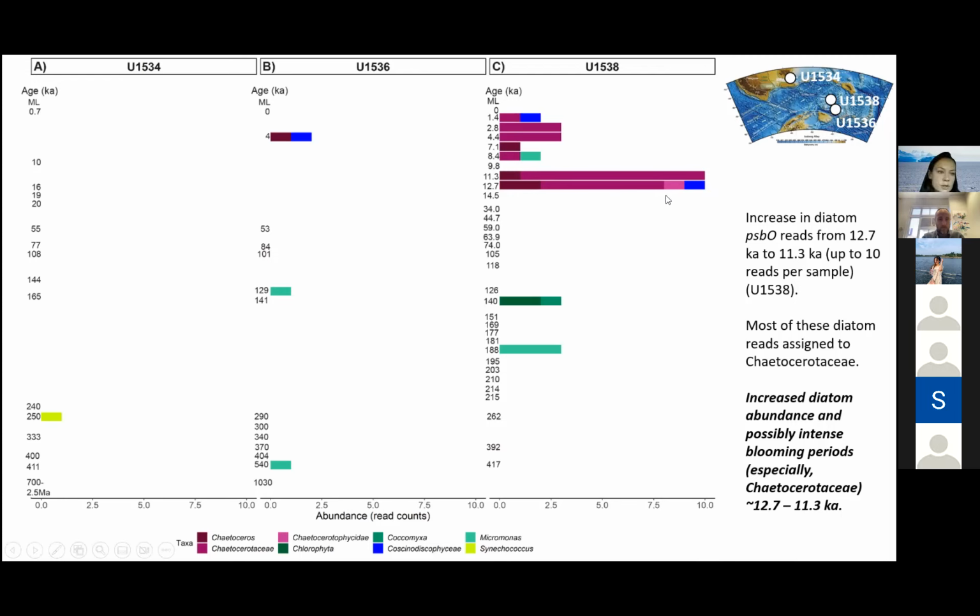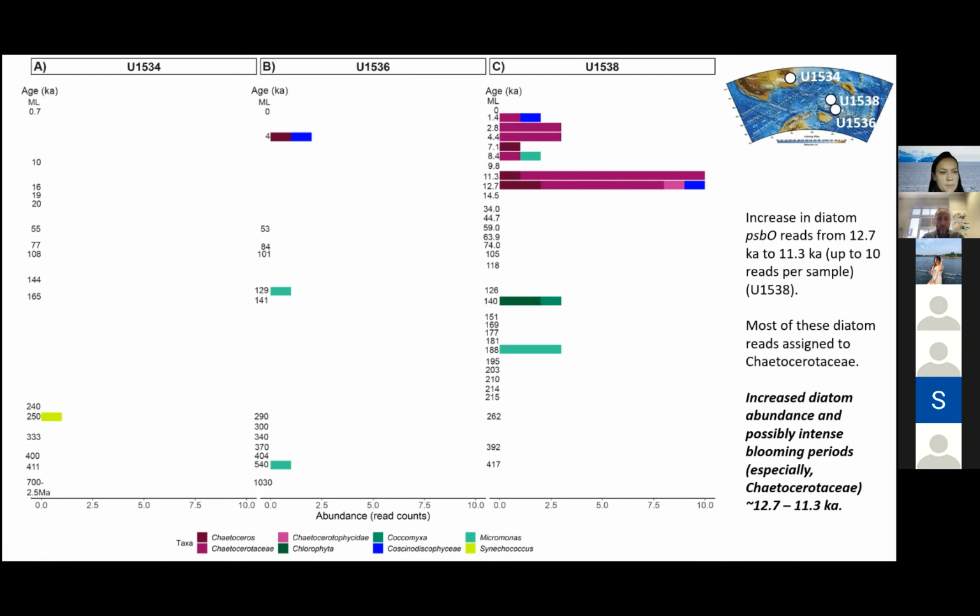But it is interesting to find the PSBO gene tied to diatoms, originating from open ocean diatoms around the same time. But going back to the rarity of this,